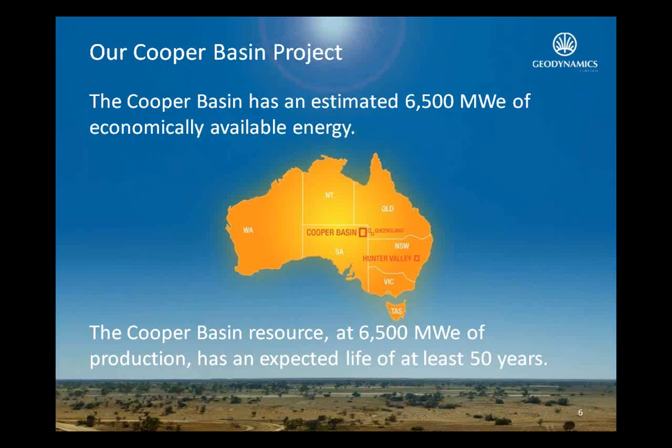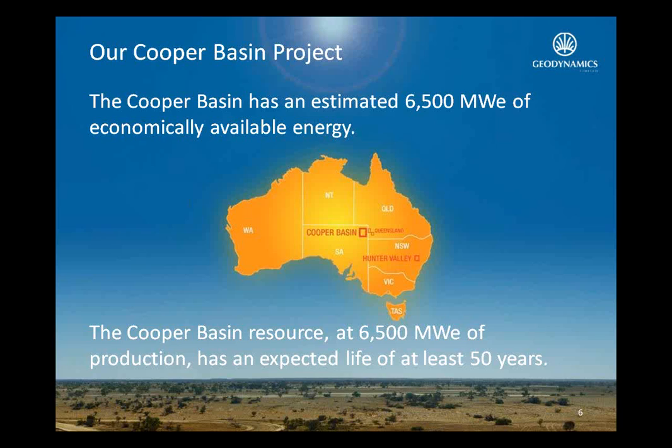In terms of the Cooper Basin project that Geodynamics has been working on for a period of time, you can see on this map of Australia the Cooper Basin in the top right-hand corner of South Australia. We also have some tenements in Queensland just over the border, and some in the Hunter Valley, and I'll touch on those in a small way later on. The Cooper Basin is where our main game is. There is a significant amount of granite underlying the Cooper Basin. It's high heat producing granite, and it is, as I said, extensive.